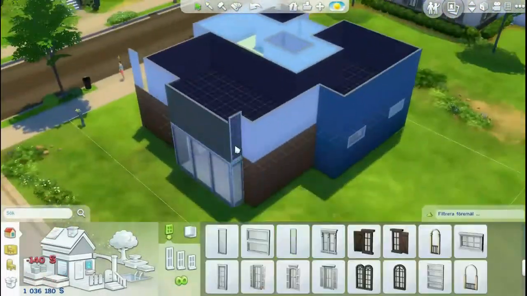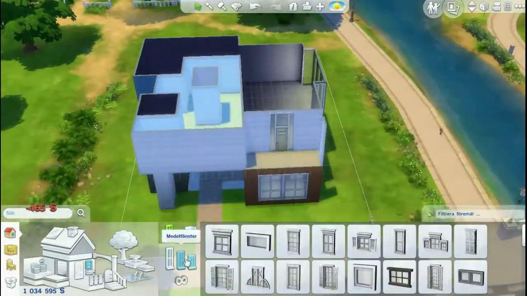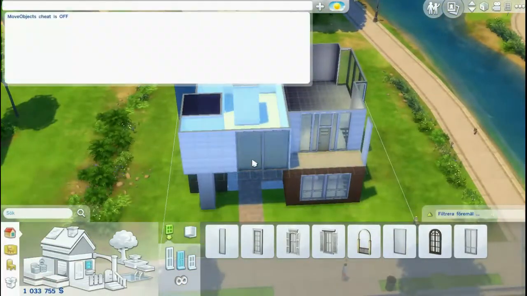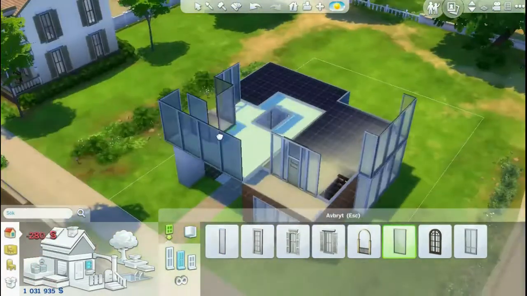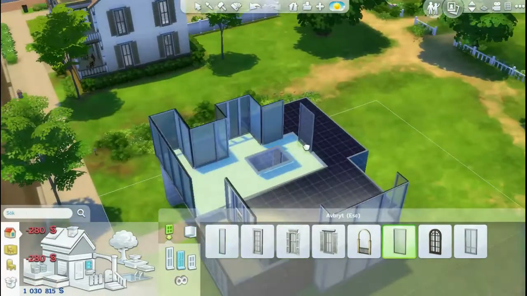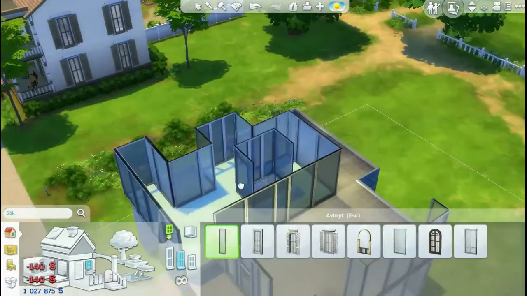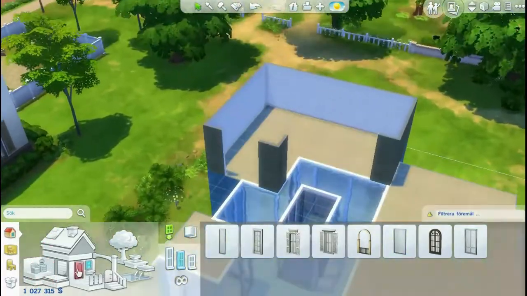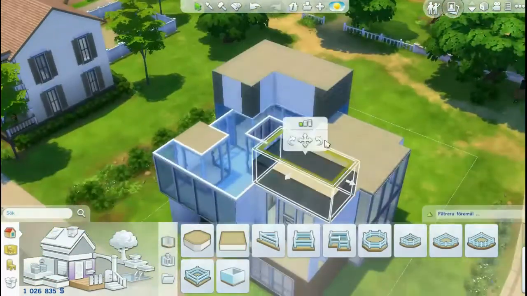Either way, this house. Usually I do traditional houses, and whenever I attempt to do modern houses, it just goes all, I don't really know what happens. It's like writer's block, but for builders. I don't really know what you can call it, but